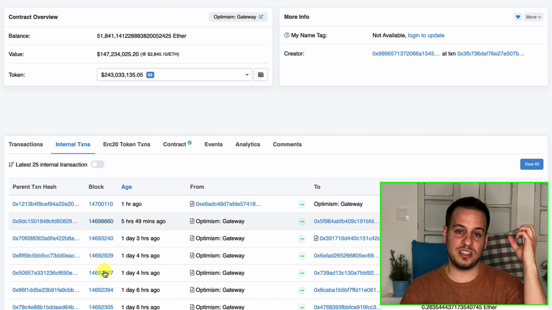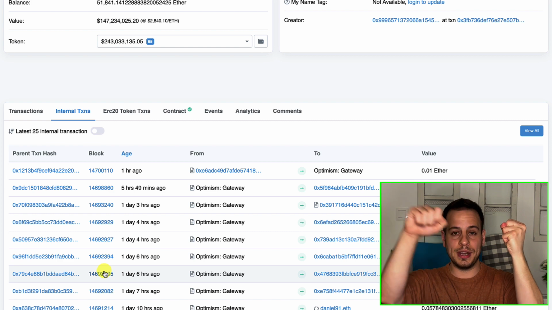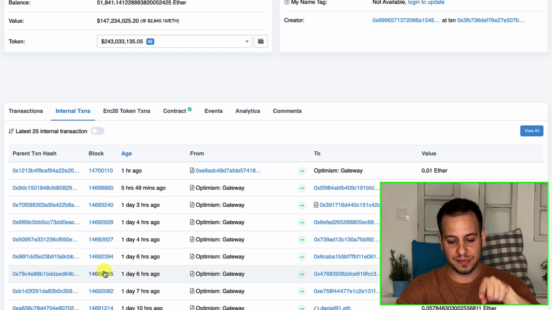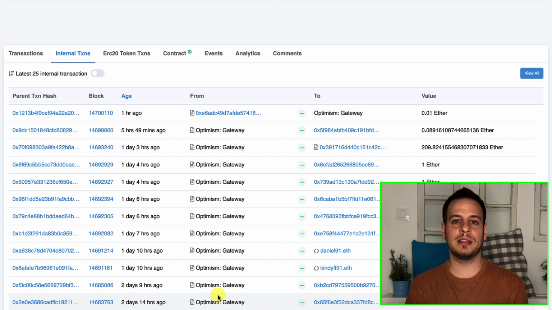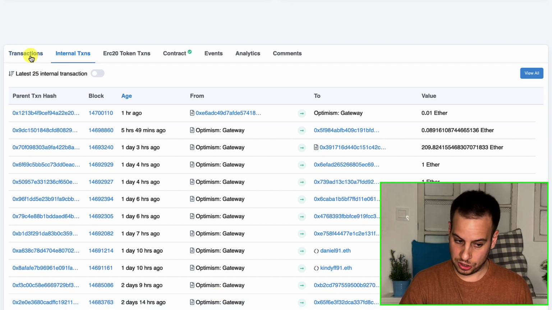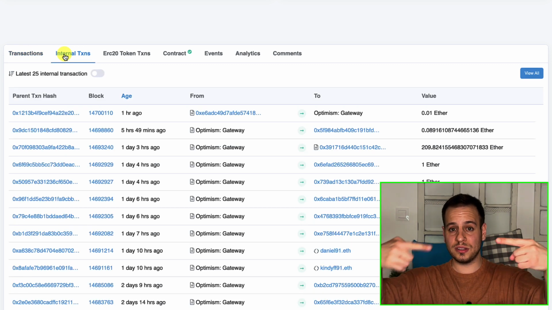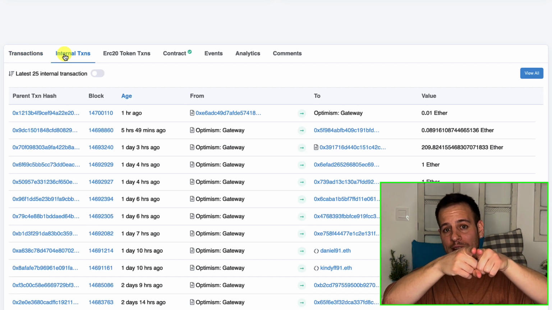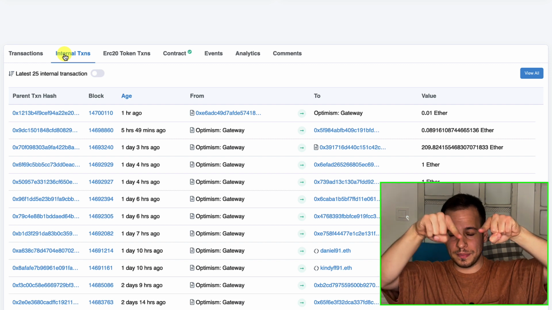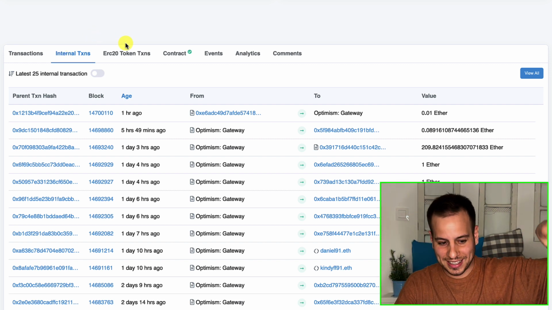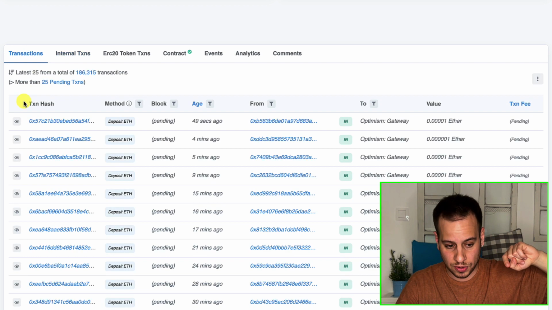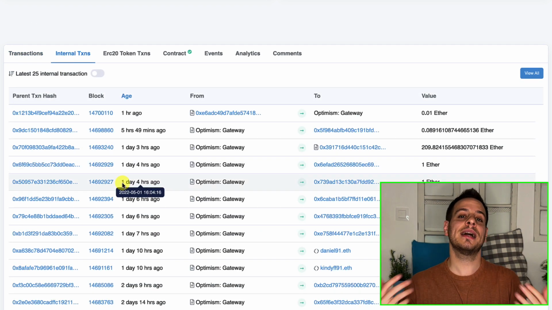Every time a smart contract sends a transaction to another smart contract, it will be visible in internal transactions. For example, if I'm sending a transaction directly to a smart contract, you will see it here in the transaction section. But let's say I sent a transaction to a smart contract, and in my transaction, this smart contract called another smart contract. On the other smart contract, the transaction will not be visible here in the transactions, but in the internal transactions,